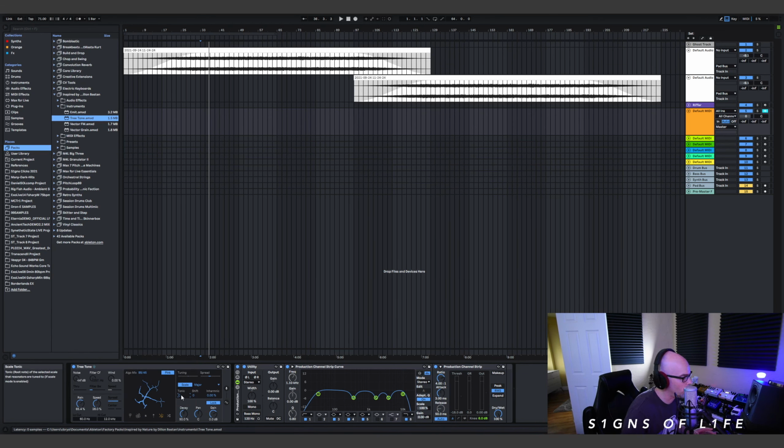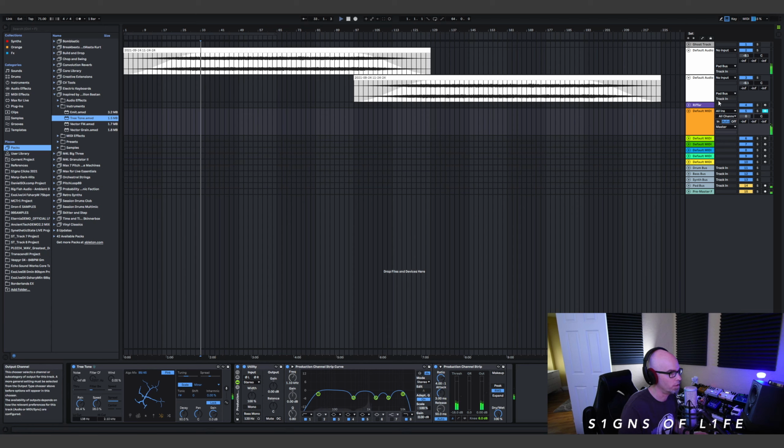Now I know for a fact that this texture is in F sharp. So I'm going to switch my tonic here to F sharp, and then switch it to minor. Okay. And I'm going to lower the tuning down, meaning I'm going to give it a lower volume. And then I'm going to take the filter down so we can focus on a certain tonal range. And let's see how this sounds. So this is Treetone on top of the texture. And then I'm going to up the decay here to